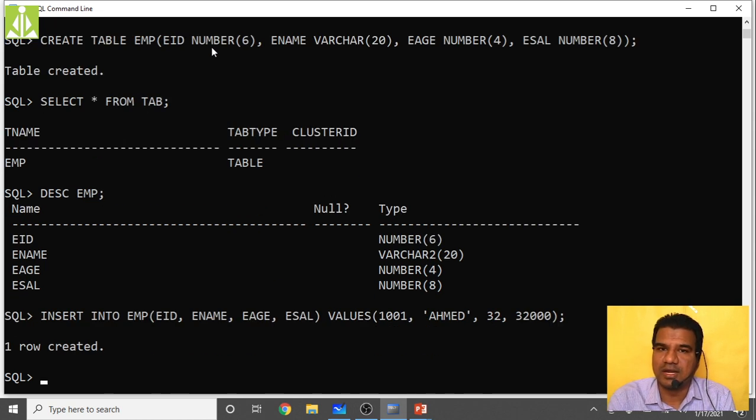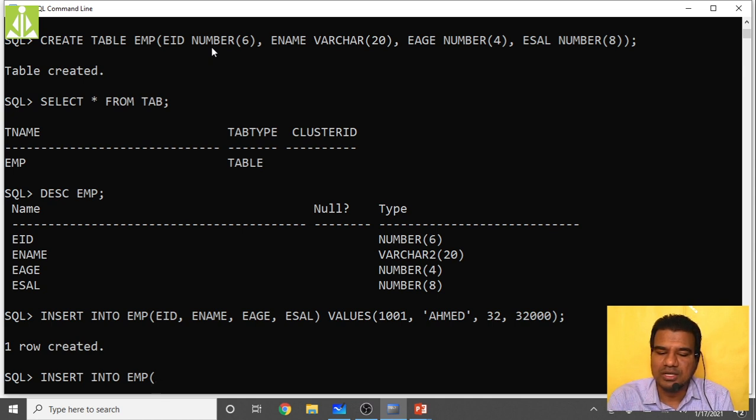See, one row created. Now another row I want to create. At that point there is no way, once again I have to repeat the same command, isn't it? So insert into emp values. Let us assume at this point I want to insert particular employee details whose age I don't know. I don't know what age that person has. So simply I want to leave that age blank. I want to skip that entry. I don't want to enter age.